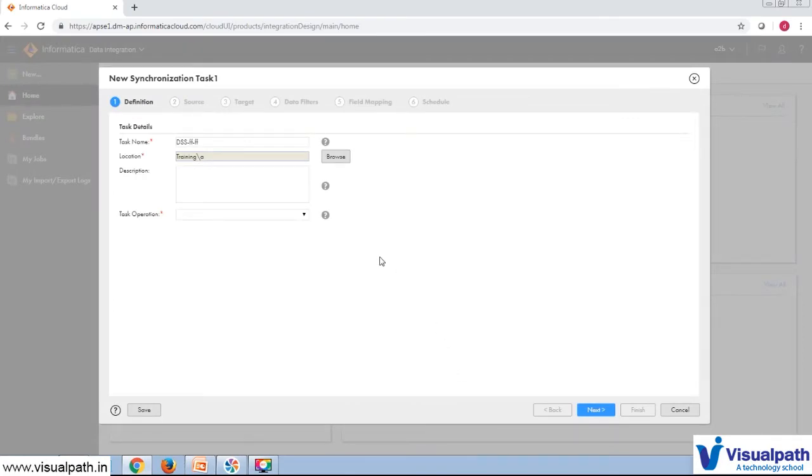Wherever you want, you can create the tasks, and after creating, if you want to move to any other location, you can move it by going to the particular object and selecting it.